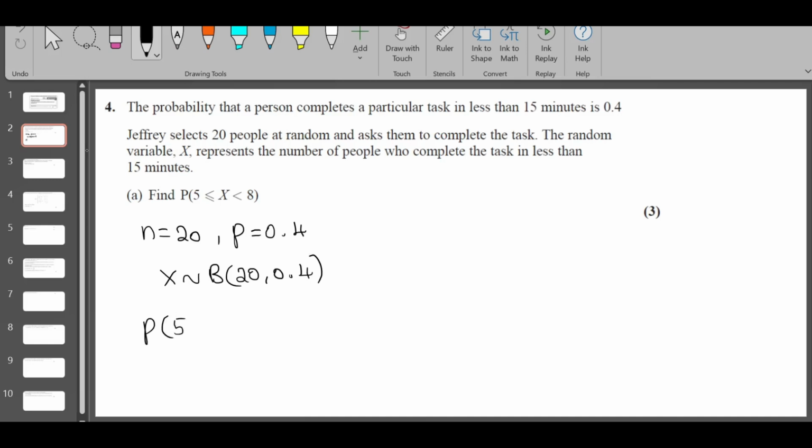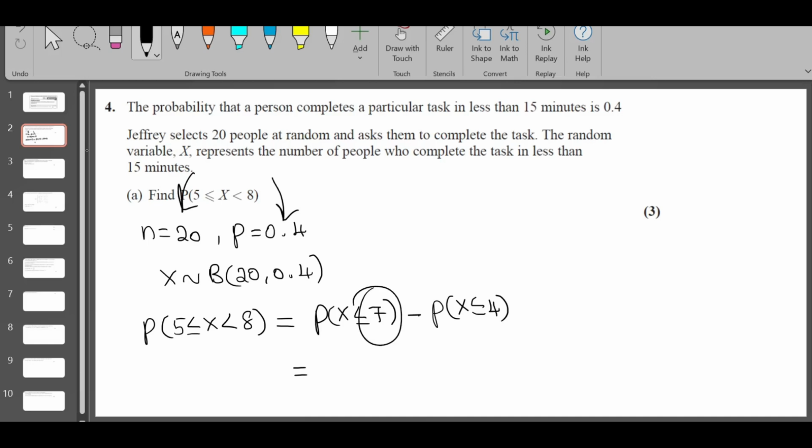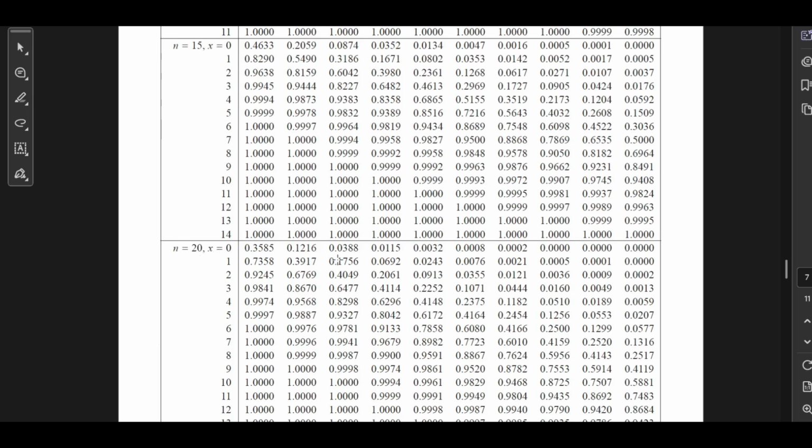Find P of 5 is less than or equal to X is less than 8. The symbols are very important. It has an equal symbol here, no equal symbol here. We can split it. We don't need 8, so we take till 7 minus. We need 5, so we can subtract till 4. So I'm going to use the table for binomial cumulative with n is equal to 20, p is 0.4, x is 4 and 7. Here n is 20, 0.4 is the 8th column. So we need the value of x is equal to 4,